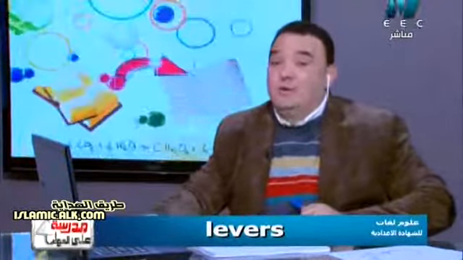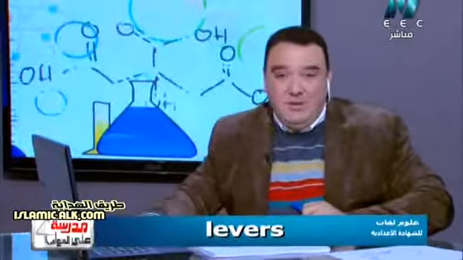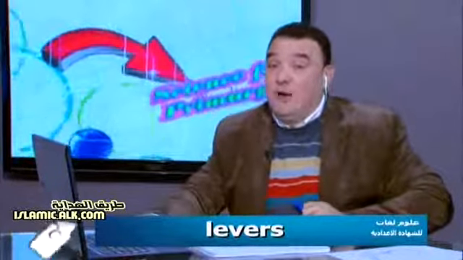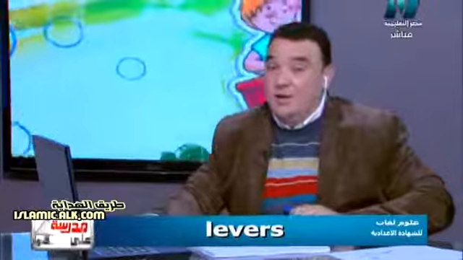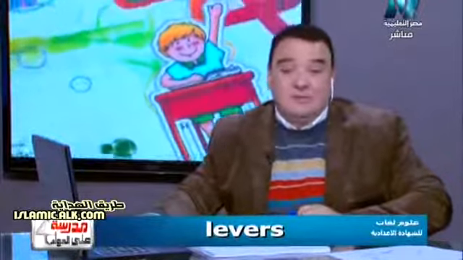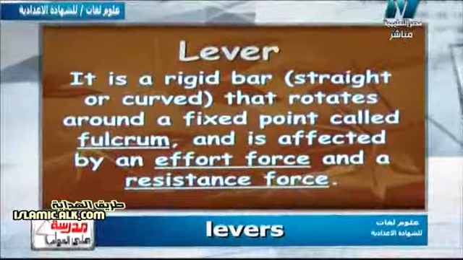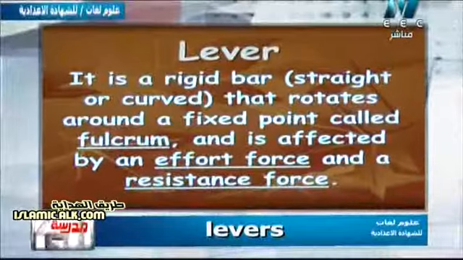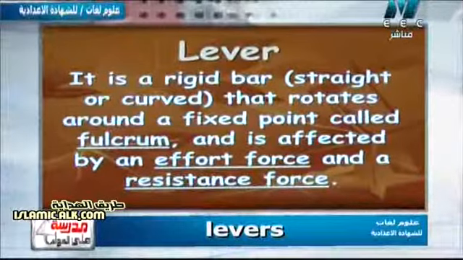It may be straight or curved, that rotates around a fixed point. It rotates around a fixed point we call the fulcrum. The fulcrum is a very important point in our lesson today, God willing. So again, it's a rigid bar, straight or curved, that rotates around a fixed point called the fulcrum and is affected by